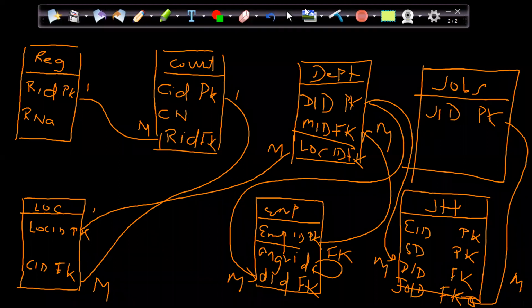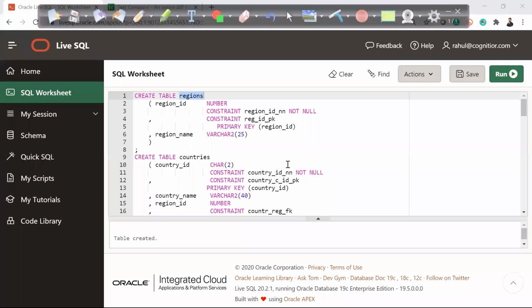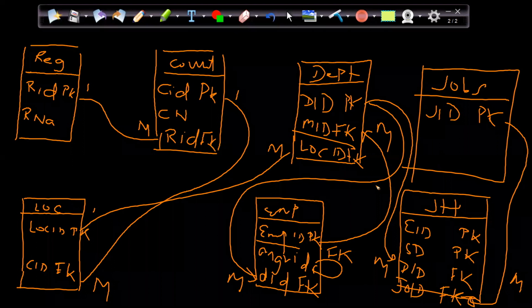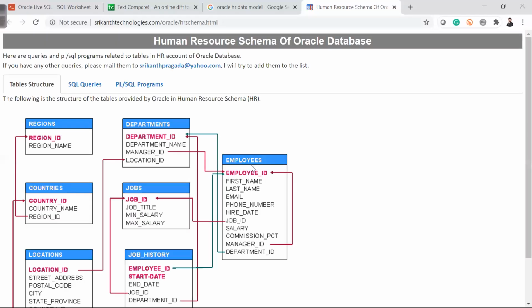So the entire thing which we did here, right? These are nothing but the table structure. Obviously the drawing is not looking good, but I think you will find it on the Oracle website as well. Oracle employee data model. Let's check if I can find that out. Give me a minute. Now I can see that. Let me compare it with what we have created, right?